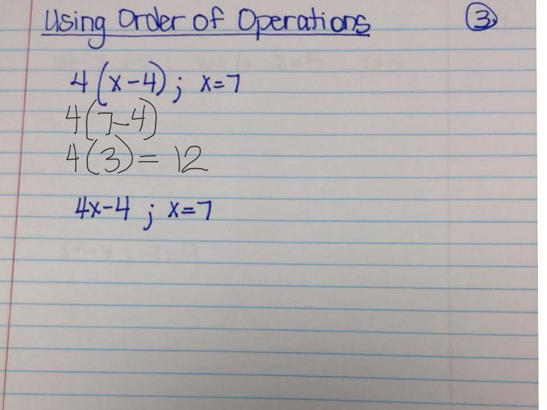All right, let's try the next one. We have 4x, but I'm going to put my x in parentheses, minus 4. Now notice it's written exactly the same as the one above it, except there are parentheses above. Now we're going to see what a big difference parentheses makes when you put it around numbers, multiple numbers at one time. Okay, so we plug the 7 in, so we have 4 times 7 is 28, minus 4